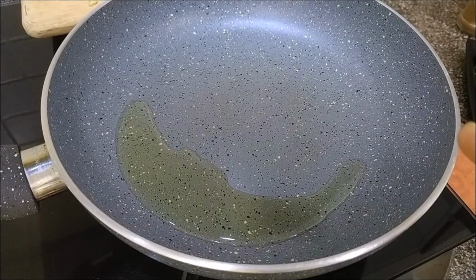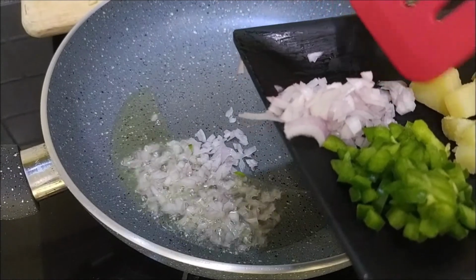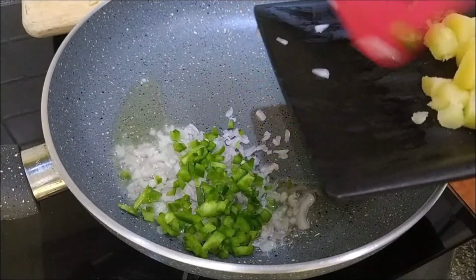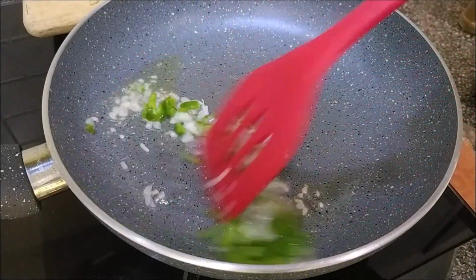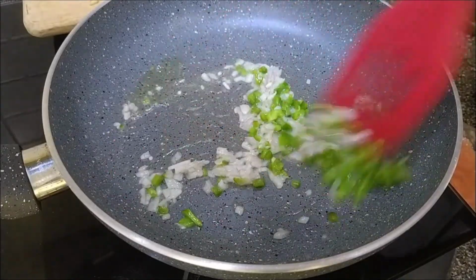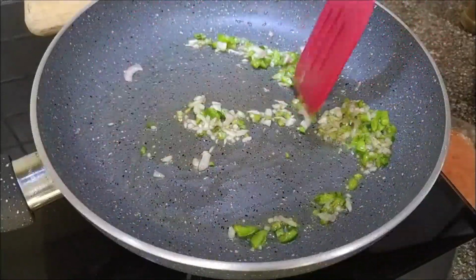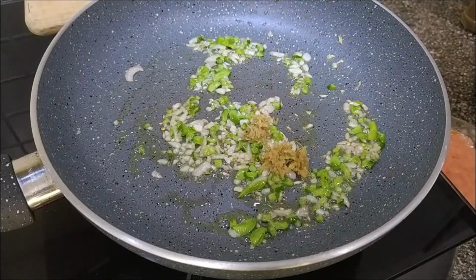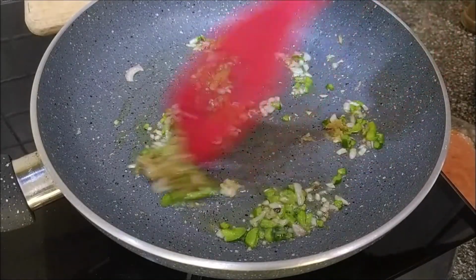Heat about 3 teaspoons of vegetable oil in a pan. Add in a tablespoon each of finely chopped onions and capsicum. Season with a bit of salt and cook this till the onions are light brown in color. That's good. Add in about half a teaspoon of ginger paste. I've added in grated ginger